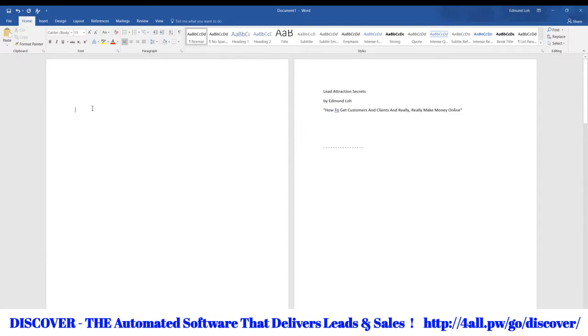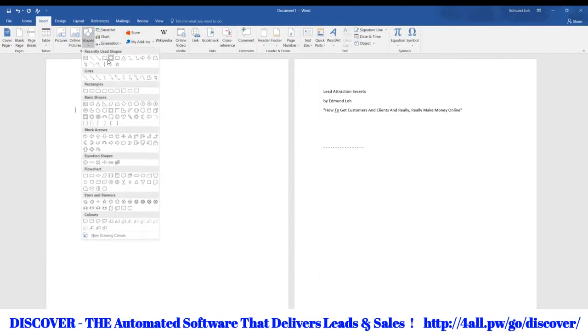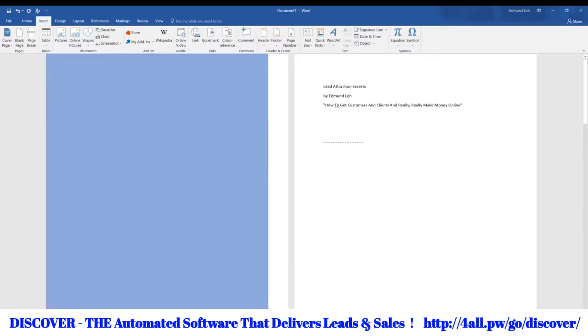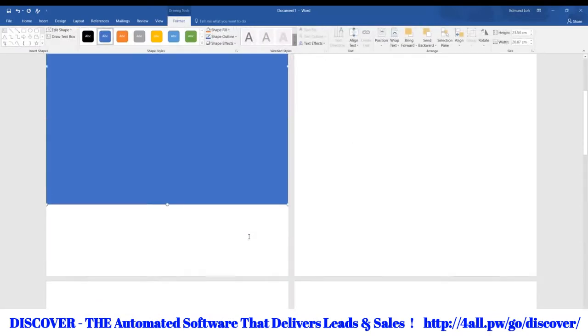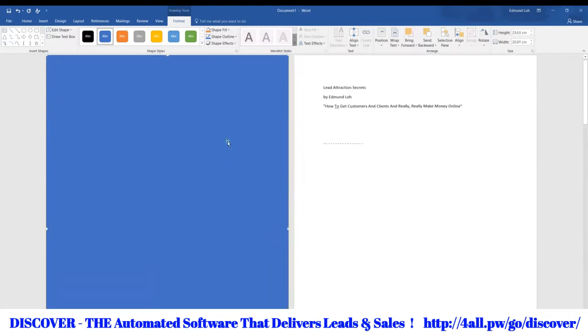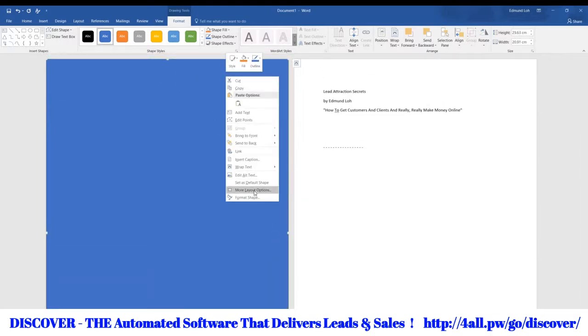So what I do is I will click Insert and add a shape. Normally I'll take the rectangle and I will cover the entire page here just like that. Okay, place it here and make sure it's covered in its entirety. All right, so what you do after that is you right click and select